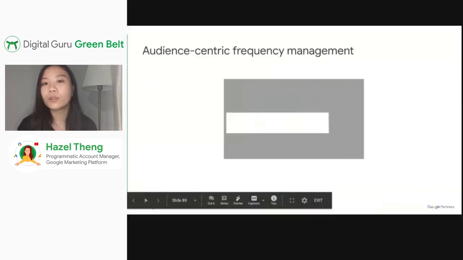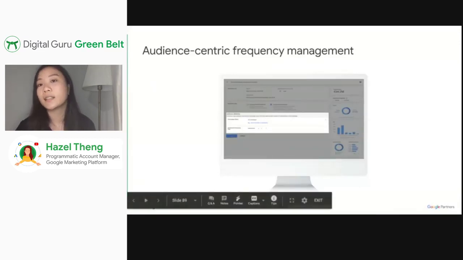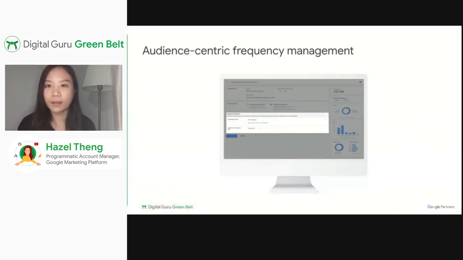Now the audience for the campaign is ready, and Cindy wants to make sure she's setting the right frequency cap. So today, we can actually set frequency cap at the campaign level, insertion order level, as well as the line item level. I'm also happy to actually introduce to you the audience frequency cap. So this is also part of the audience module where you can actually create frequency cap audiences and set frequency cap across campaigns as well as across brands.